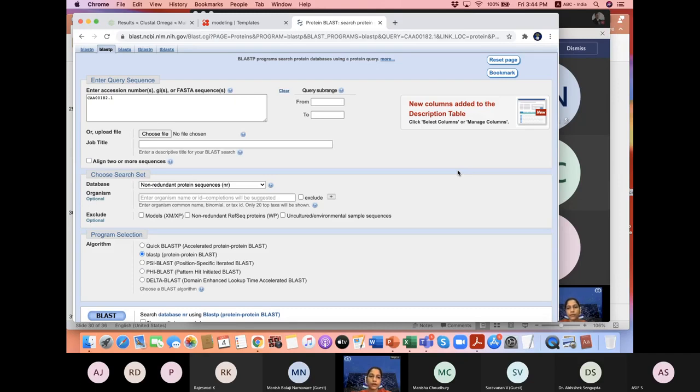Suppose I'm considering here hemoglobin beta chain, or hemoglobin alpha chain. Now I want to know whether there is any sequence available in the database that is identical to this particular hemoglobin sequence, or not identical, at least similar to this sequence.